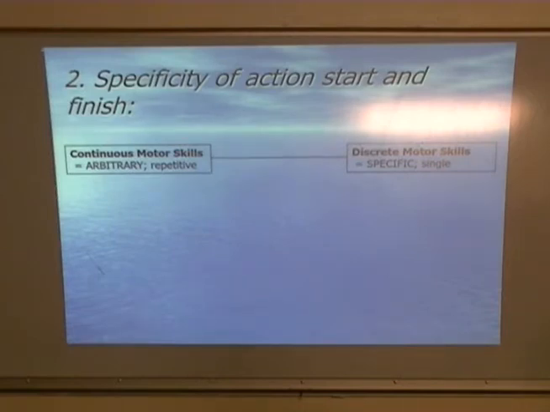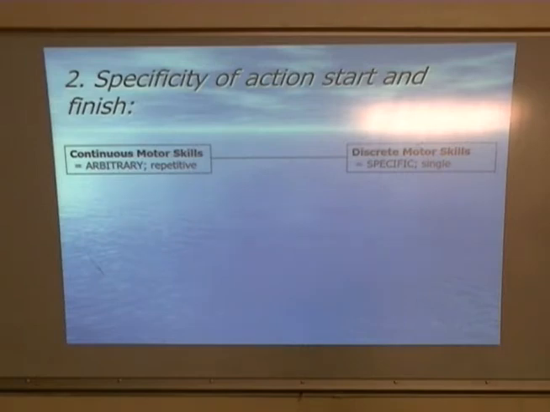Then category number two is to do with where the action begins and where it finishes. At one end we have discrete motor skills. Discrete motor skills have a very defined beginning and end point to them. Oftentimes it's a simple motor pattern. It's not something that's highly complicated, not always, but often. And I just do the one skill,